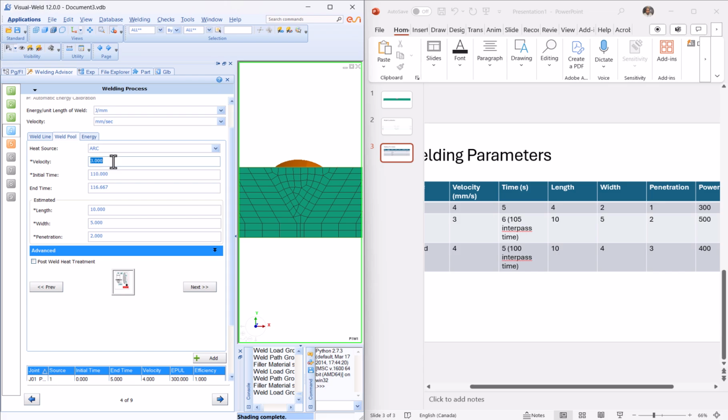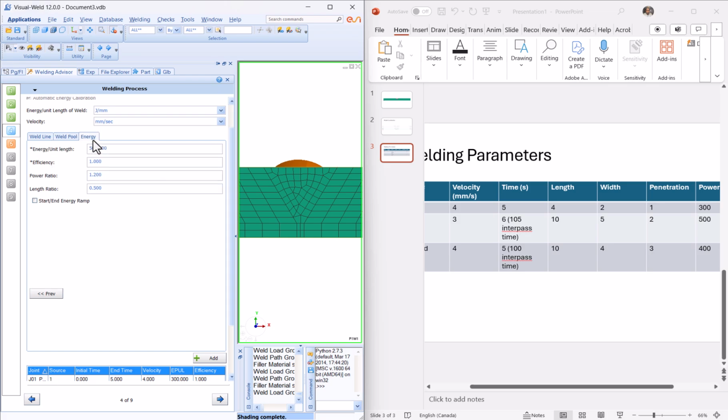The velocity this time is 4, but the time must be 100 plus 116, so I would say 116.67, and the final would be 125 because the whole time is 5 seconds, and the length would be 10, 4, and 3. If you don't know about this length, you can see the video on the top right. We discussed them in previous videos. The energy would be 400,